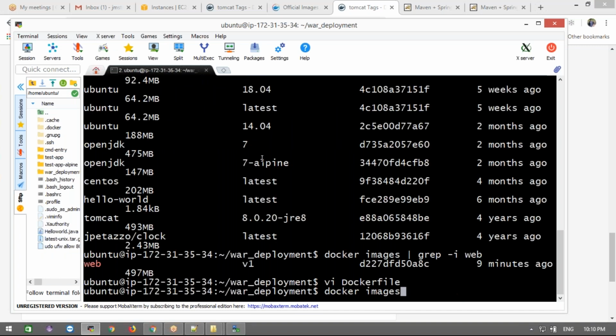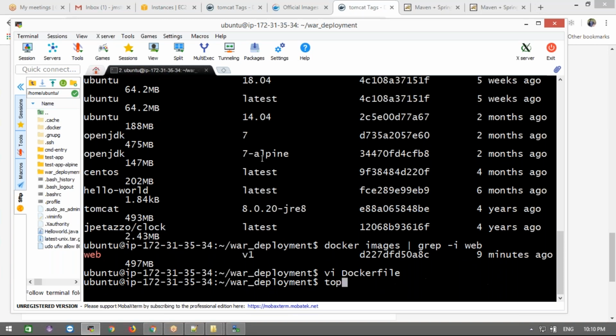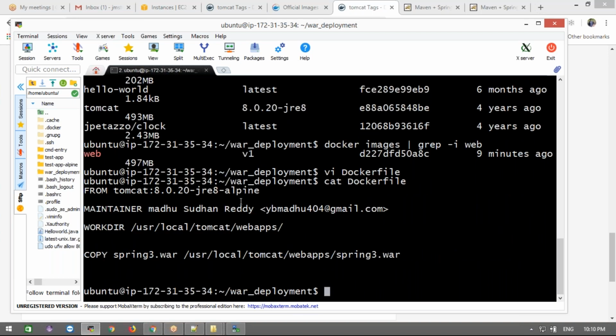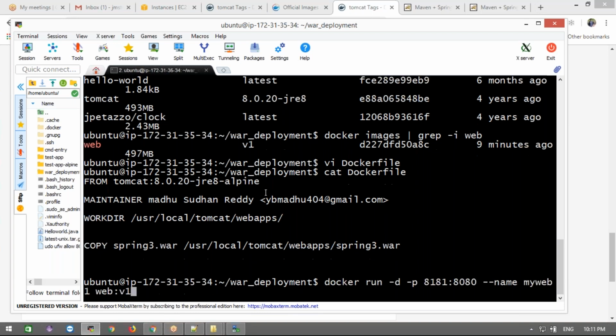I'm going to build using this Alpine. You've seen this, right? Let me show it again. I just added Alpine here. Alpine is one of the Linux flavors. This is the image. Let's see whether that image and tag are there. There are a lot of tags, right? I didn't check everything. I'm just going to build this.